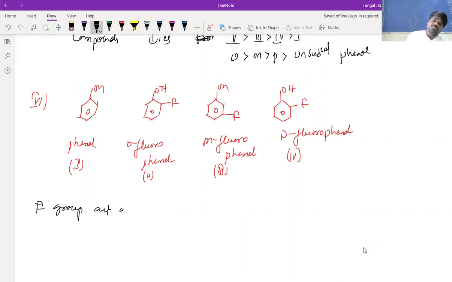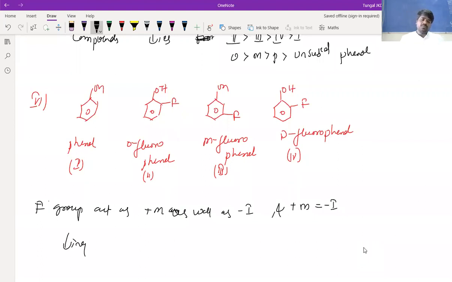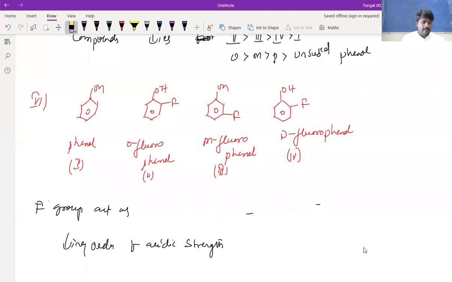Fluorine group acts as plus M as well as minus I, and plus M is equal to minus I. So according to this, what happens? The decreasing order of acidic strength. Here, small correction. Small correction is that